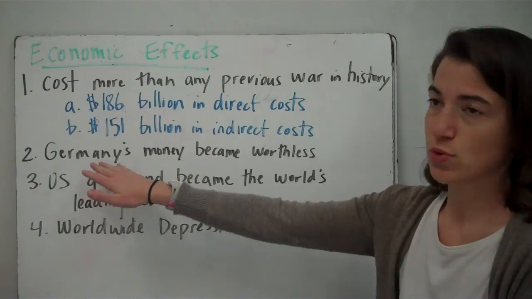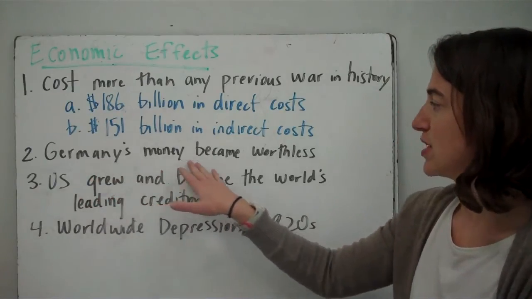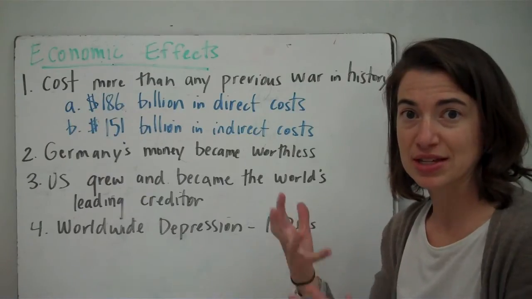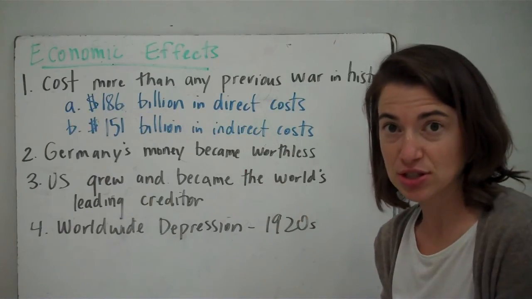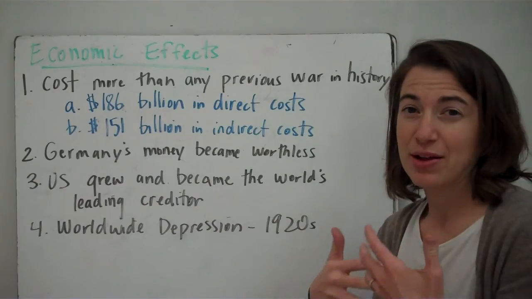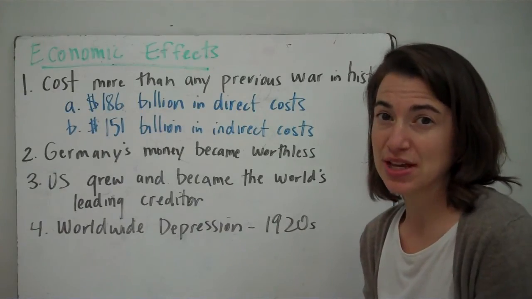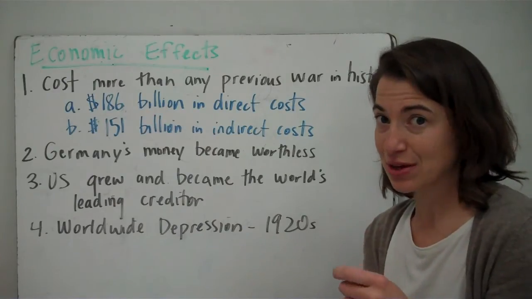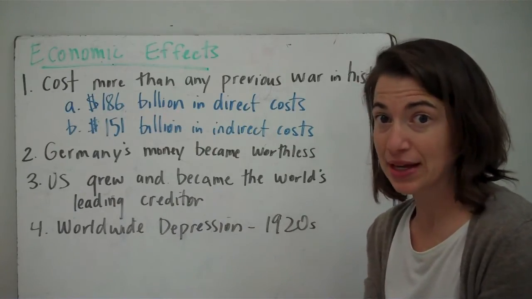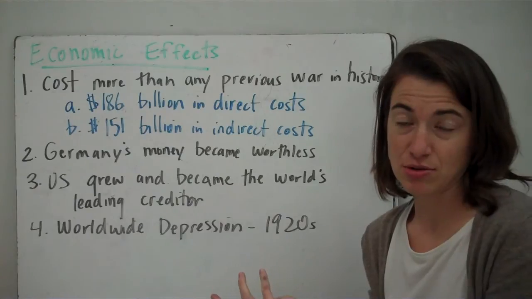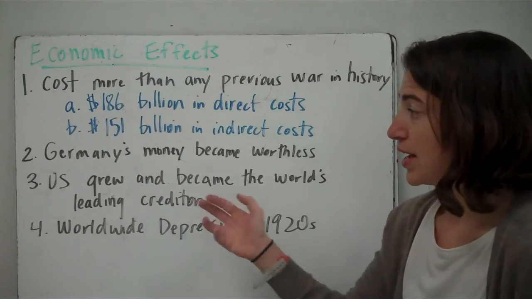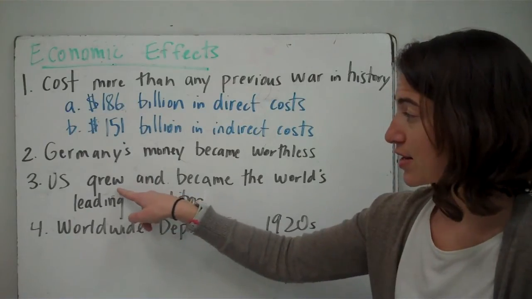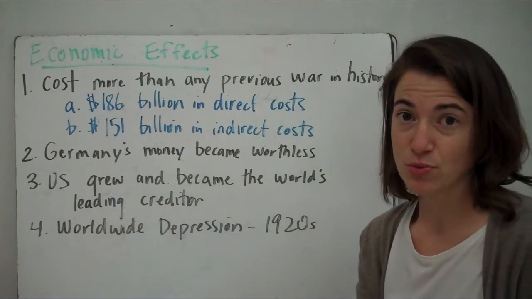You also have, after the war, Germany's money becomes worthless. They try to print so much money because their economy is tanking, essentially, and when you print a lot of money, this thing called inflation happens, and your money becomes worthless. You have so much out there that a dollar is not worth a dollar anymore, a dollar is worth more like a penny, and so they start to go into a bit of a depression. But the U.S. comes in here, right, and they actually grew right after the war.